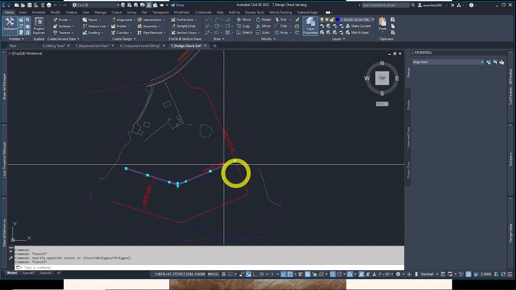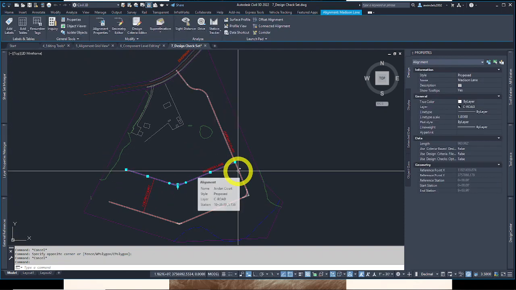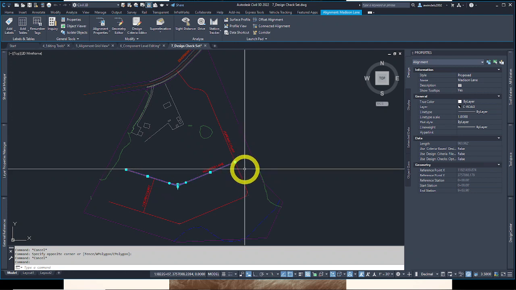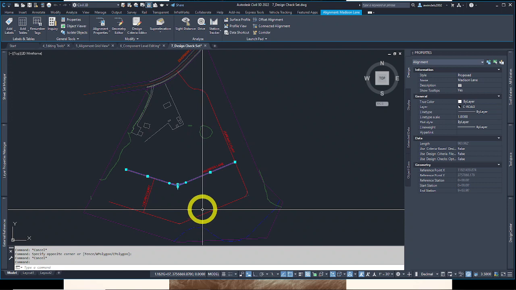So maybe you design this road to the best of your ability with certain design criteria using state standards or AASHTO rules, whatever you need to do. You don't want to do a bad job, so it all comes into play how you do this. And the design criterion check sets help you do this better, and saying where you violated certain